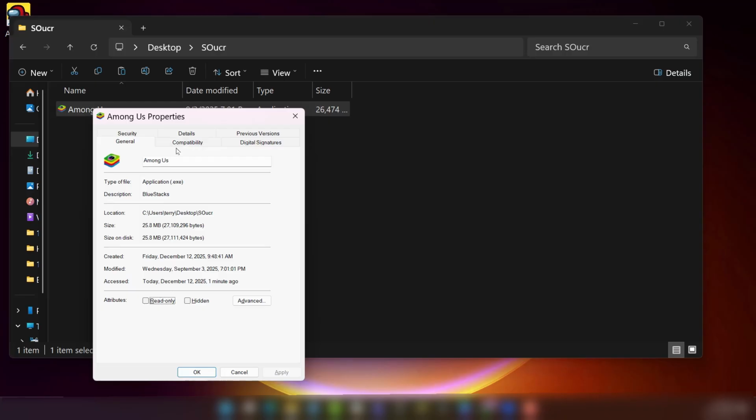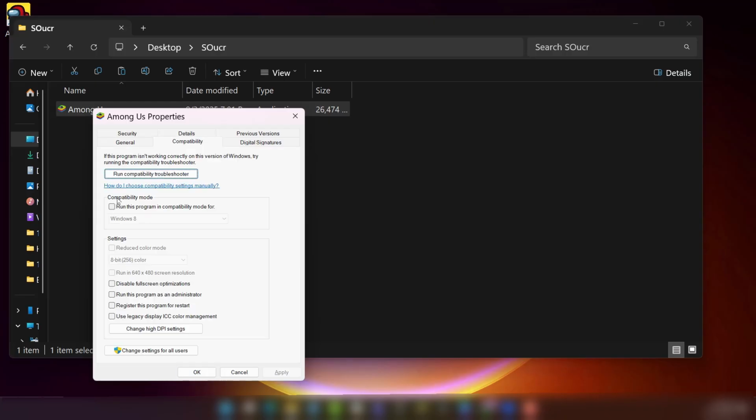Then here under properties, you're going to go to the compatibility tab. Then you're going to switch on compatibility mode by clicking on this checkbox, this will be turned on. Then you can switch to Windows 8 or Windows 7 in order to play the game. So simply click on Windows 8 for example, and then click apply, then OK, and then try again to restart